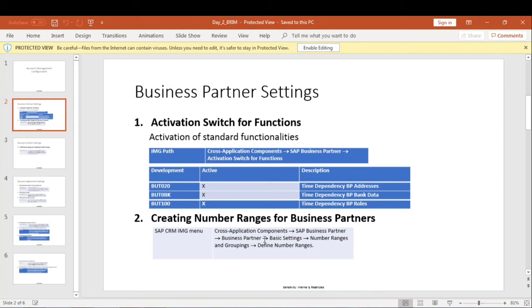As the customer is getting created in the CRM system, the number range will be internal. And ECC is getting the customer IDs from the CRM system, so the number range will be set as external number range. That is, it is the receiving system, right? Once I get the system access, I will show you all these things. And this is the navigation path for that.